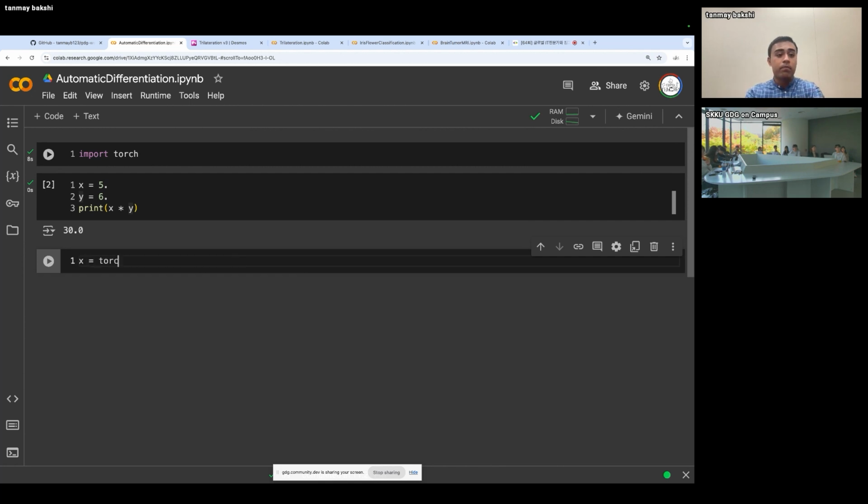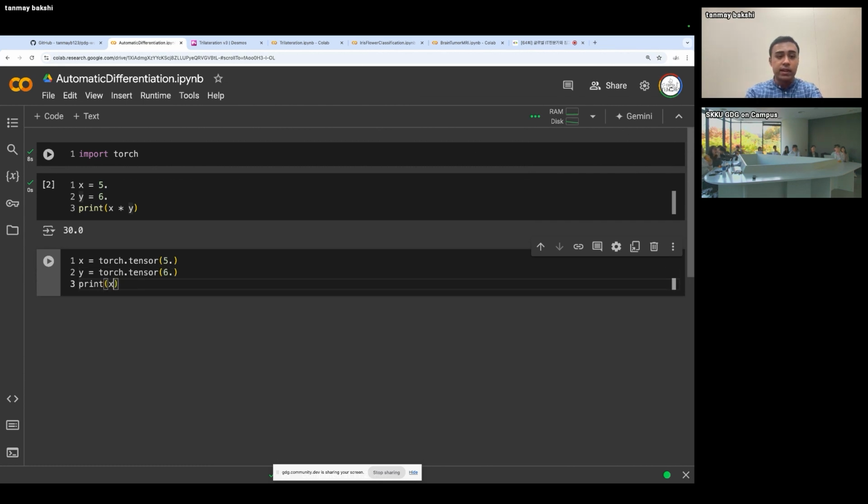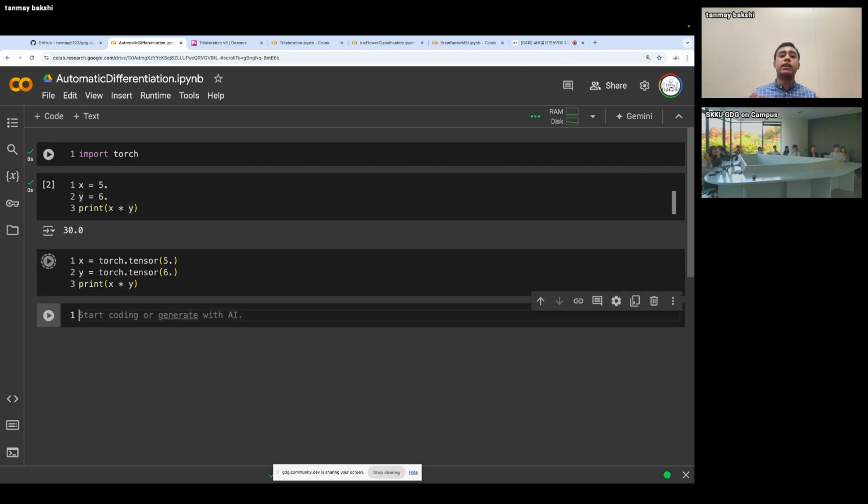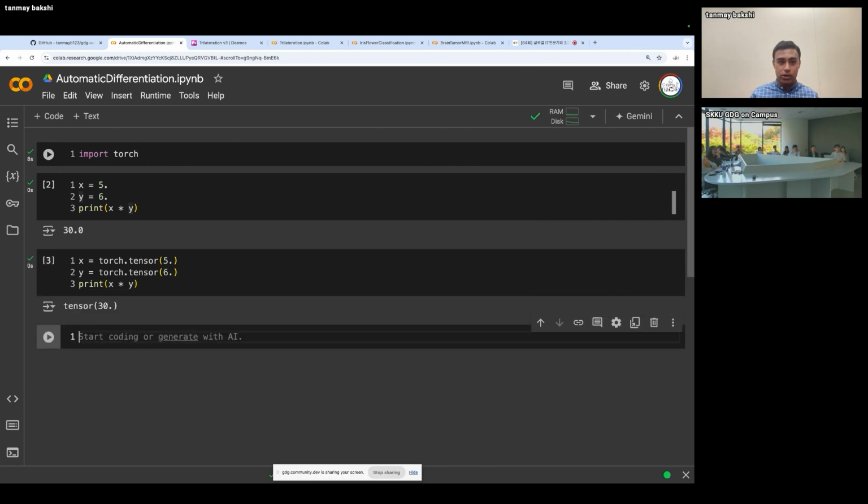So for example, what I can do is tell PyTorch that I want to create two tensors, we'll call them x and y again, and they have the values 5 and 6. And at first, it seems like PyTorch isn't doing much because, I mean, Python was already doing this. Why did I need PyTorch, right? But there's actually something really special going on here. You just don't see it at first. Let me show you.